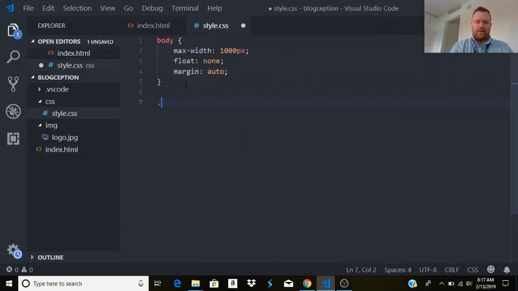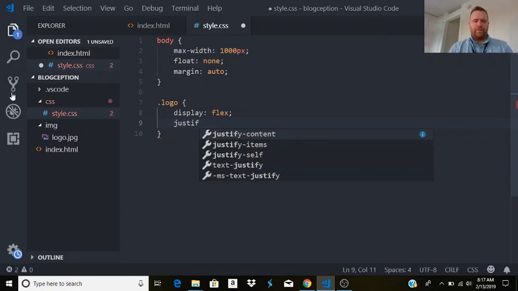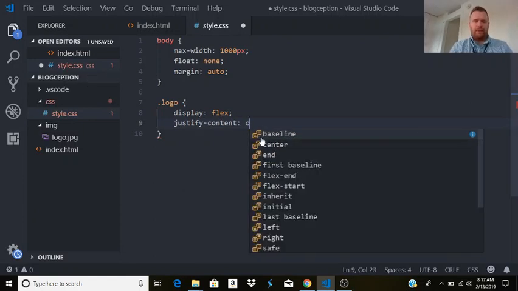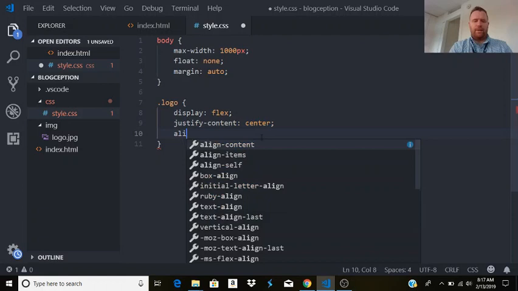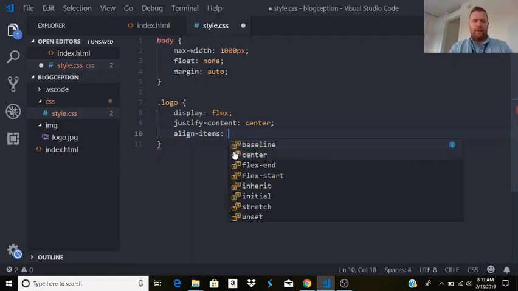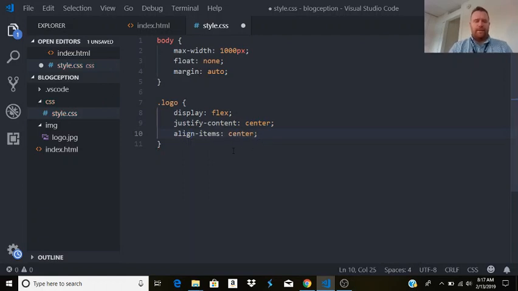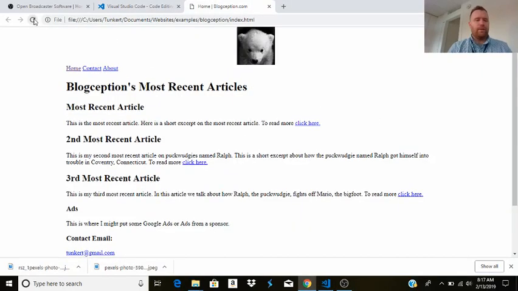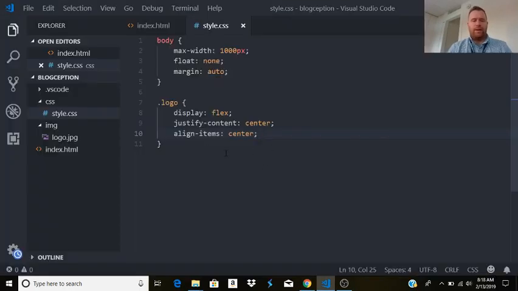I'm going to type in .logo, and I'm going to display items as flex. Justify my content to the center, and align my items to the center. Okay, and hit Control S and save. Let's see if that moves it. It does. Okay, and then